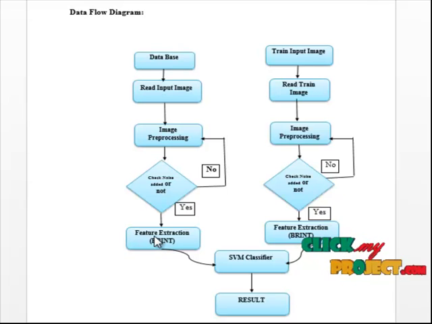In this, feature selection is the process of selecting a subset of relevant features for use in model construction. The central assumption when using a feature selection technique is that the data contains many redundant or irrelevant features. Feature selection techniques are a subset of the more general field of feature extraction. BRINT provides dimensionality reduction, rotation invariance, discriminative power and noise robustness.